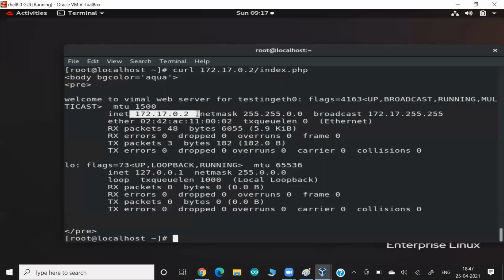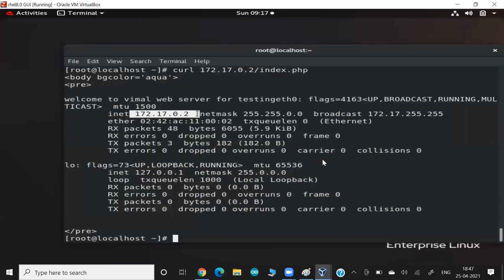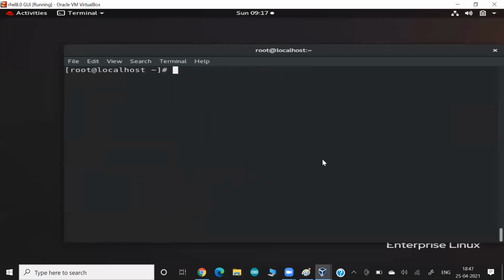So everything's working well. The only challenge is that the container has its own personal isolated network. If you try to connect to this container from an outside computer, for example this Windows machine, it won't connect because the containers are running in their isolated world, something like a private subnet. Docker has provided its own private subnet. So if you want your container to be exposed to the outside world, the way we put a NAT internet gateway,